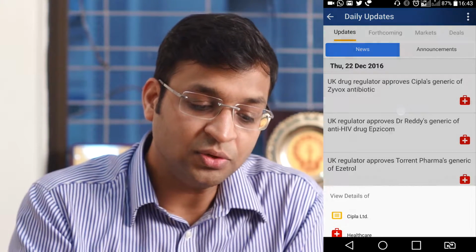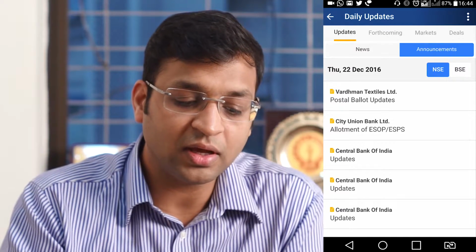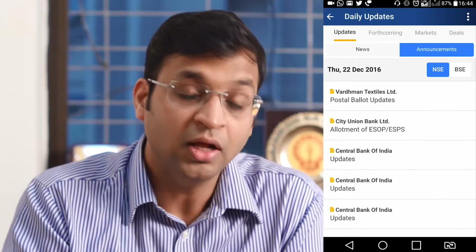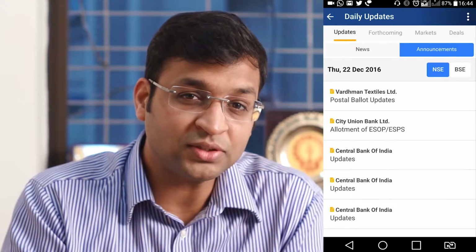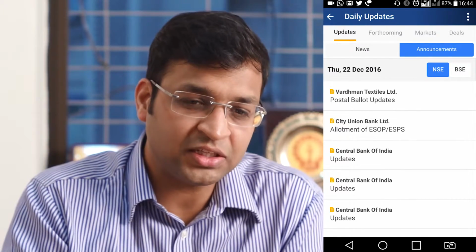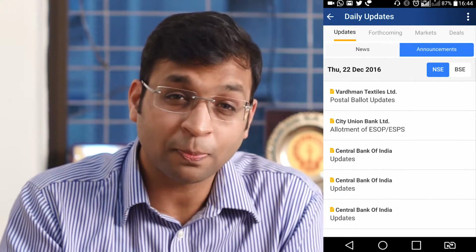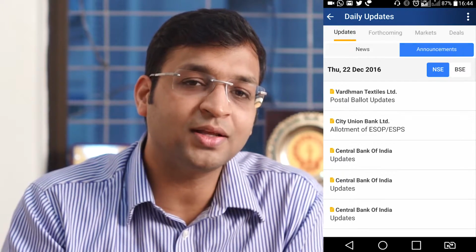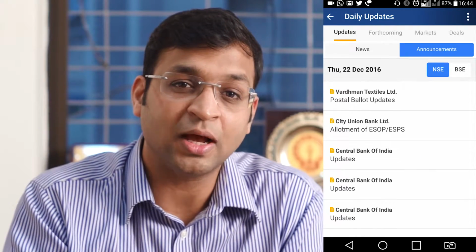Apart from the news, you can go to the announcement section. In the announcement section, all the corporates which are giving announcements to the respective exchanges, all the announcements are enlisted here, right? Mind you, in the daily update section, we focus on major corporates to start off with. However, when you go to any corporate through the stock section, you will be able to get details about that particular stock also, because on that stock page, you will get the announcement section separately. So daily update is again focused on only major stocks or major market activities which are happening in the market.